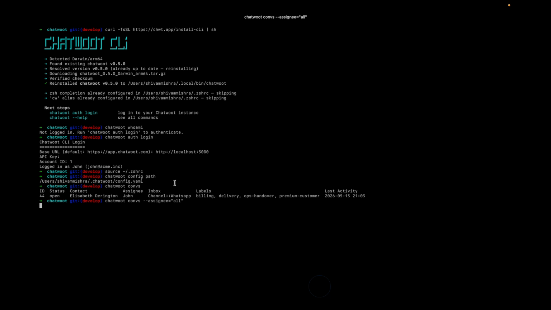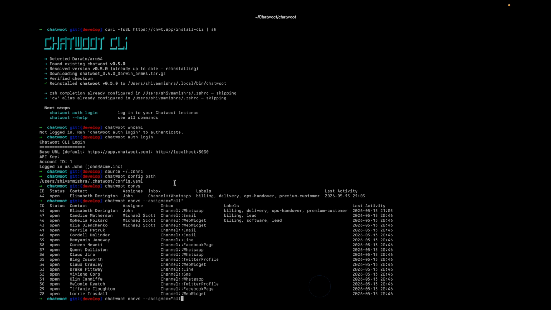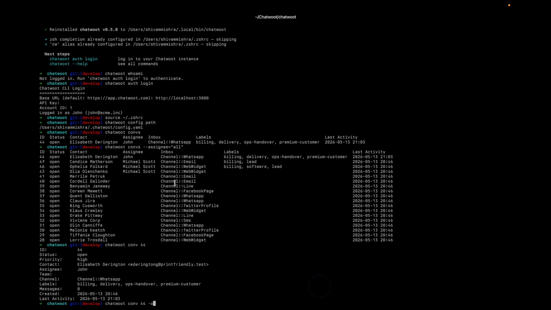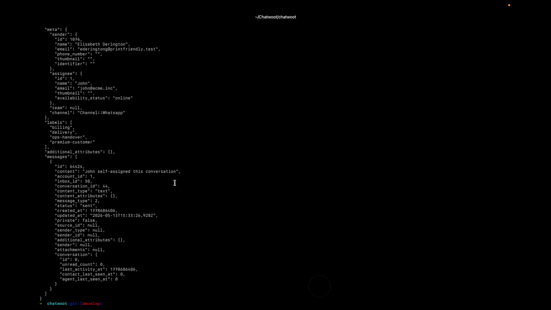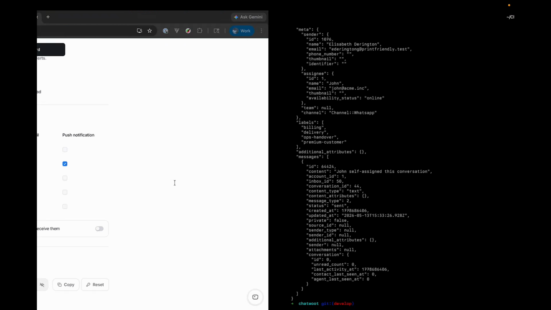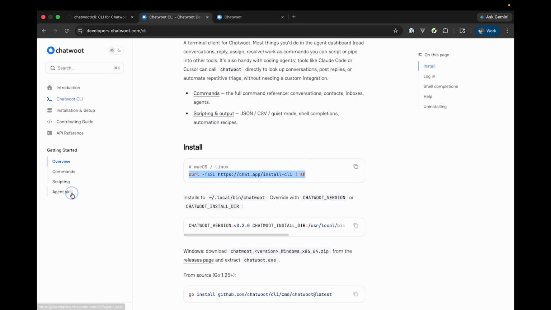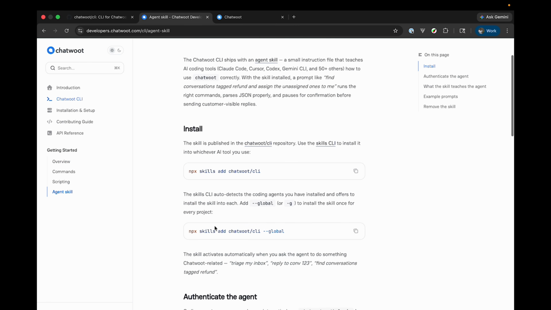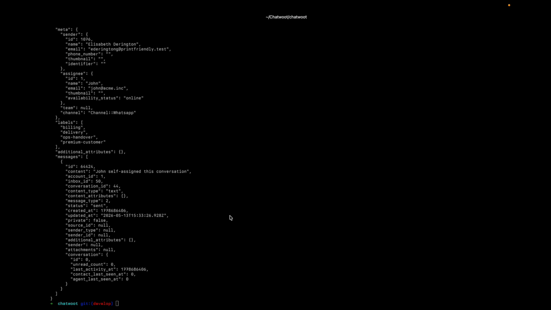You can run /assign all. For a given conversation, let's say chatwoot con 44, it will list it. You can do /ojson. And it'll give you the output as JSON. Now using it with agents is pretty cool and very easy to do. In fact, all you have to do is just run this command and